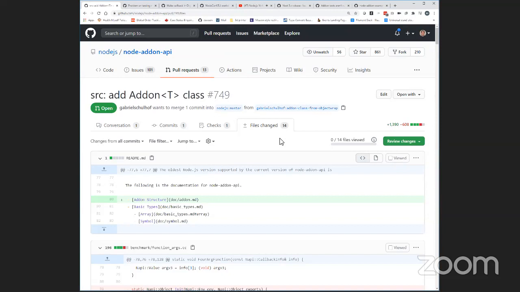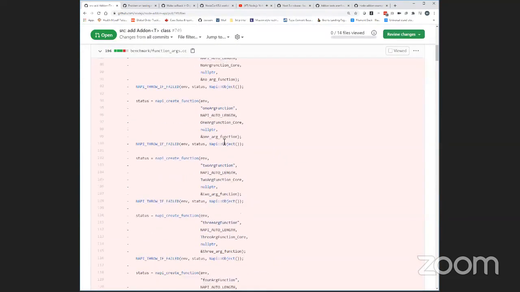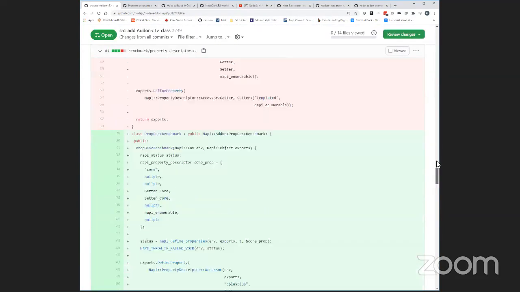Then you can say things like, my add-on, InstanceMethod, and that's your binding, and you can do InstanceAccessor, and all those end up decorating exports, or you can create your own and then send it back to Node, just replacing the exports on module.